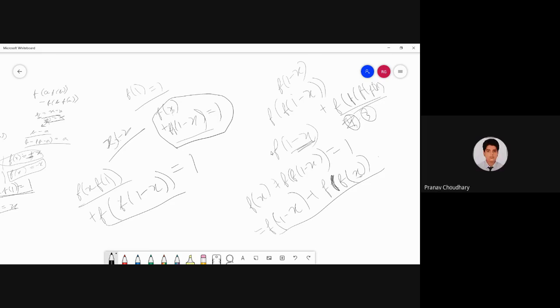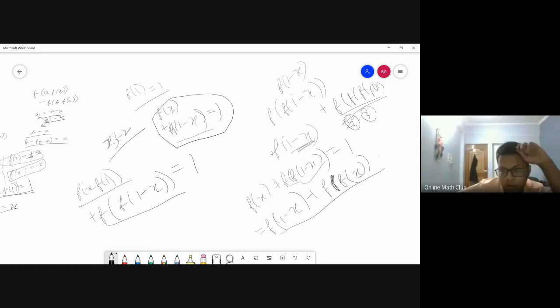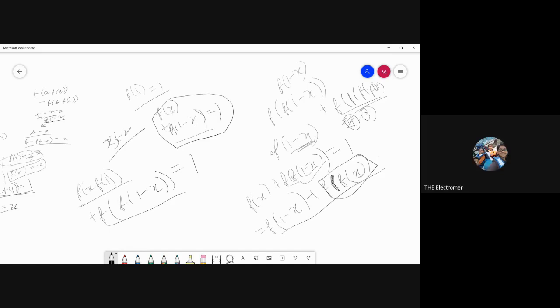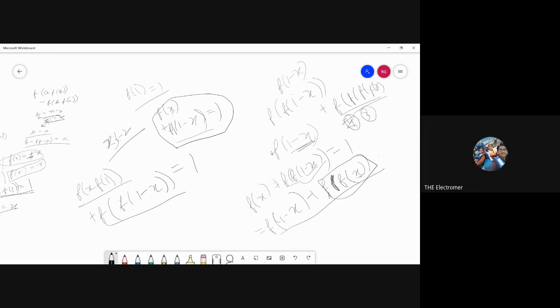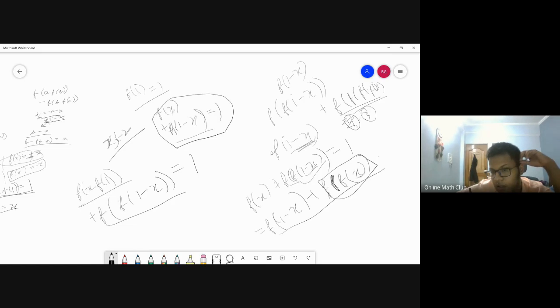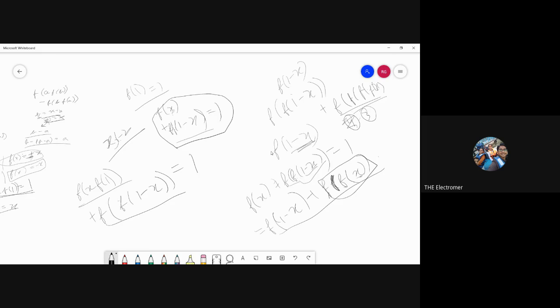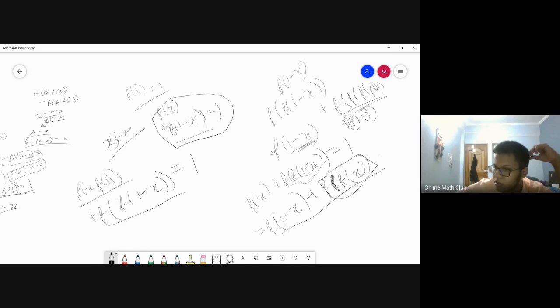f of 1 minus f of 1 minus x. Oh, weird. f of this value. So f of 1 minus f of 1 minus x. Yes, so that is f of x, no? Oh, no. How? So instead of x you are doing 1 minus f of 1 minus x, right? Yes. Which is f of x is f4x, no? 1 minus f of 1 minus x. That won't be f of x. That's f of x.